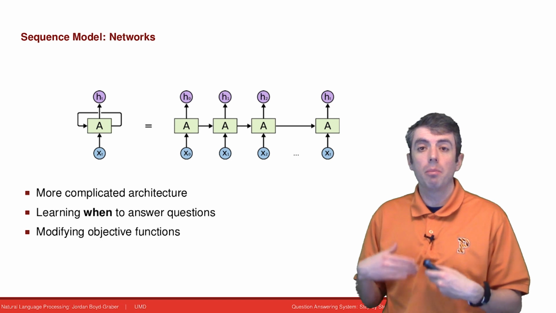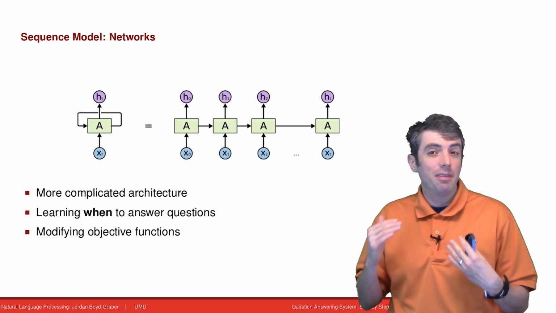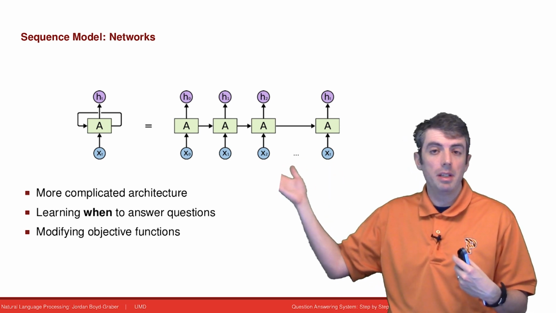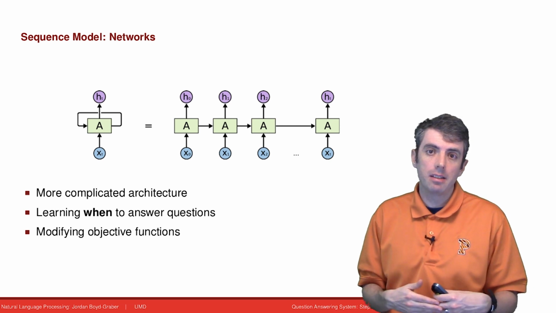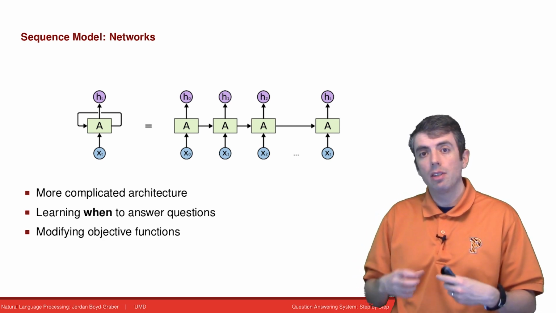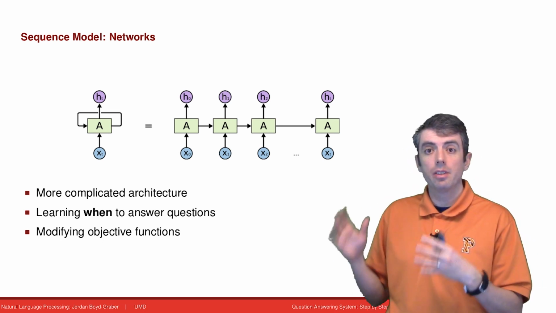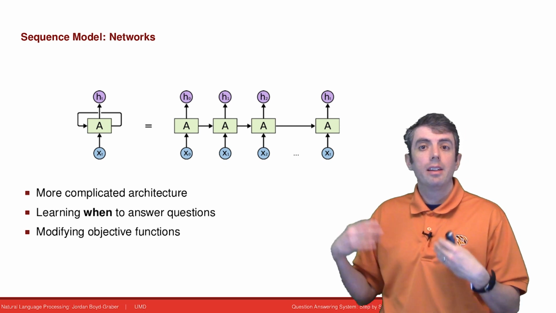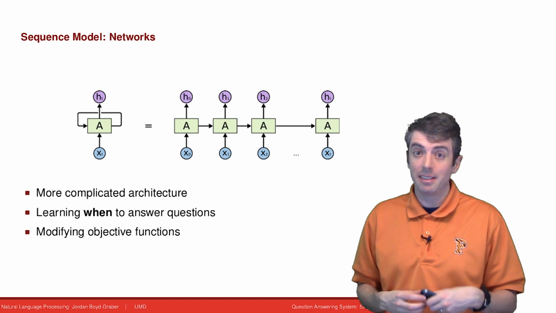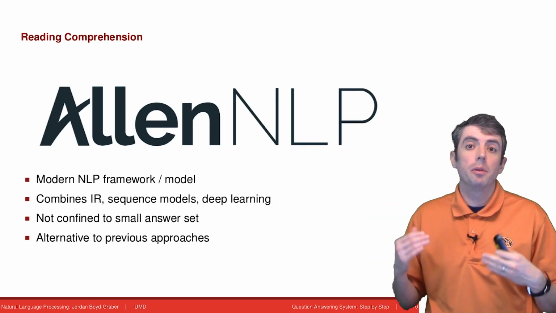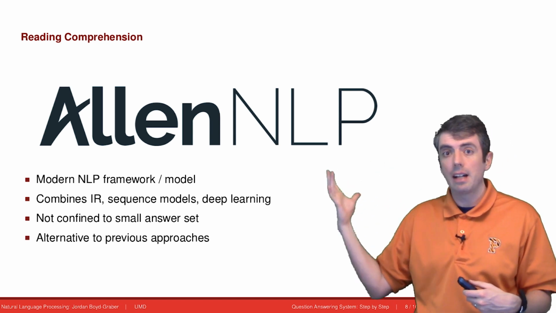In addition to looking at more complicated models that have repeated structure and aren't of a fixed dimension, because sentences can be arbitrarily long, we'll also introduce the concept of modifying objective functions so that you can tweak models so that the objective matches what you want to do, so that your model learns to prioritize the right signals when it makes its decision. The last homework will be using a state-of-the-art framework to actually answer